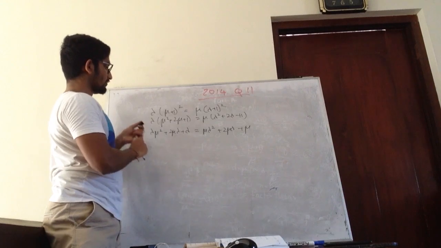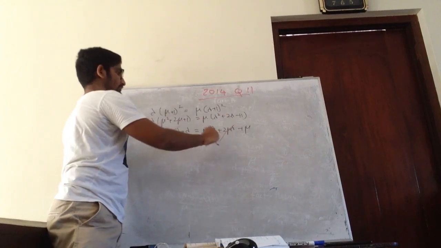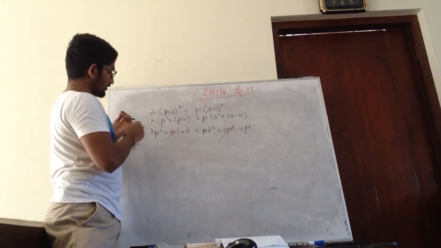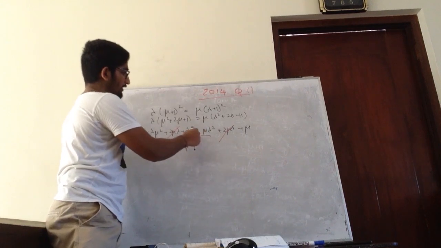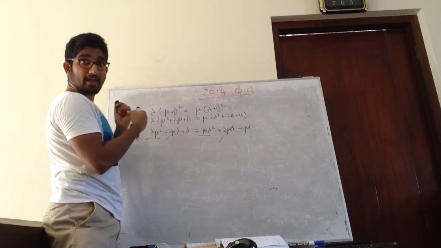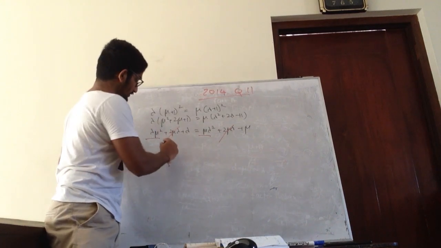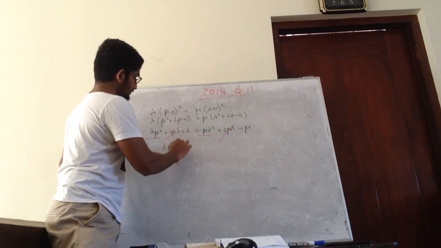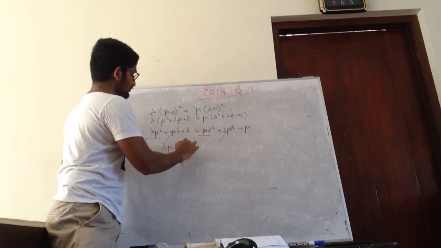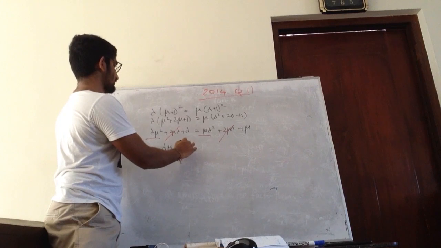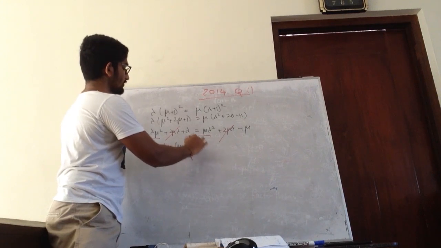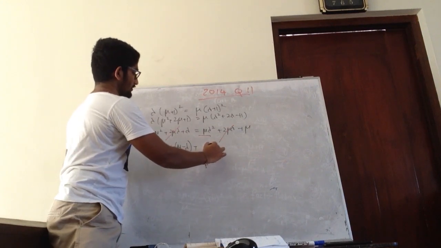So I can cut these off. Okay, then I can get the common factor here as lambda mu, right? So it will be mu minus lambda. So here we can get lambda minus,